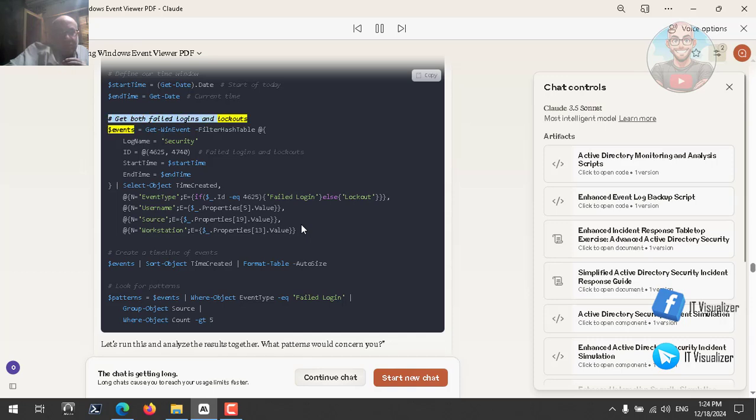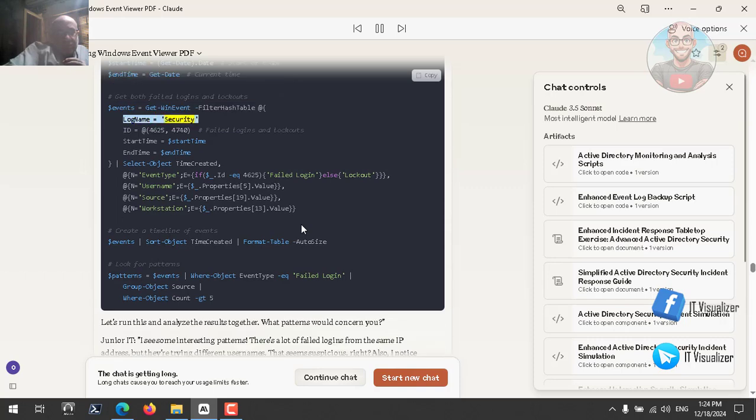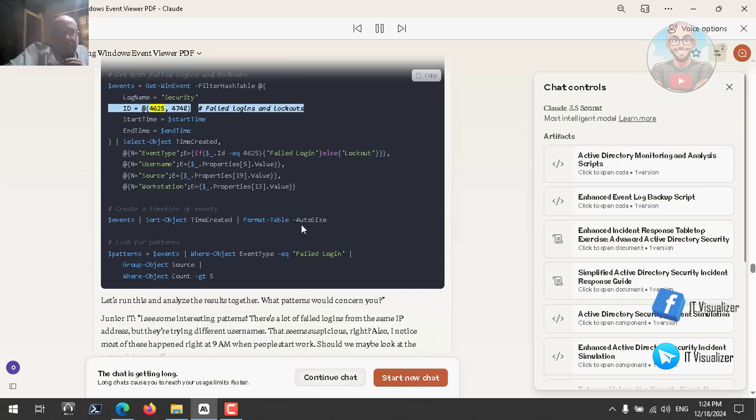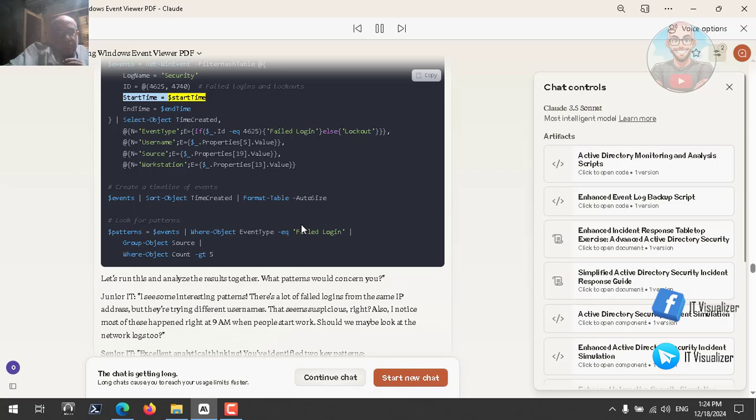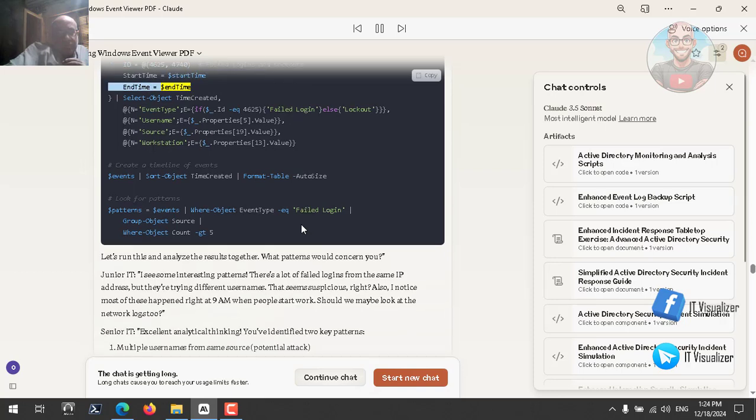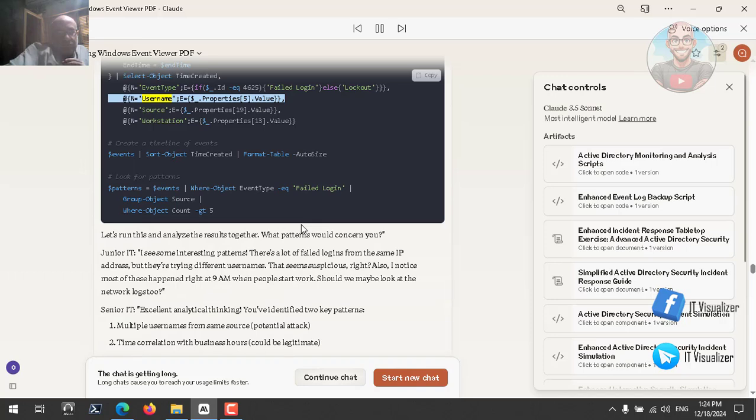# Get both failed logins and lockouts. $events = Get-WinEvent -FilterHashtable @{LogName='Security'; ID=@(4625,4740)} # failed logins and lockouts, StartTime=$startTime, EndTime=$endTime | Select-Object TimeCreated, @{N='EventType'; E={if ($_.ID -eq 4625) {'Failed login'} else {'Lockout'}}}, @{N='Username';